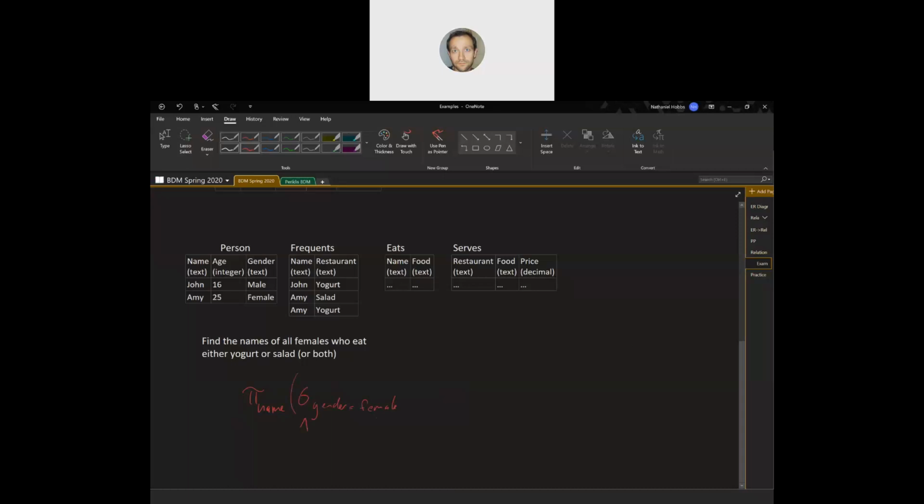I'll go ahead and use the symbol and, food equals yogurt or food equals salad. And name equals name 2. Person cross